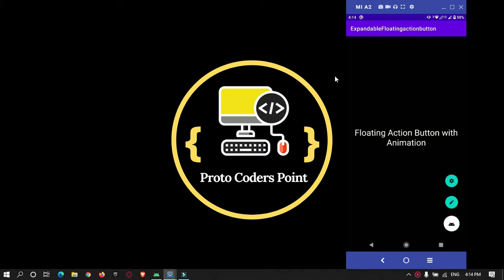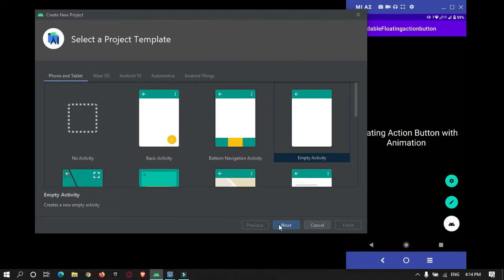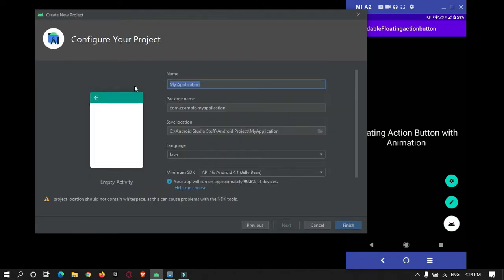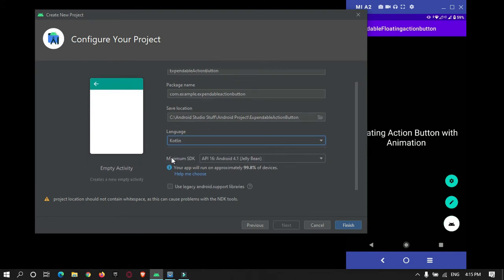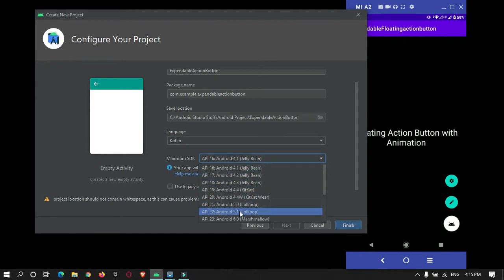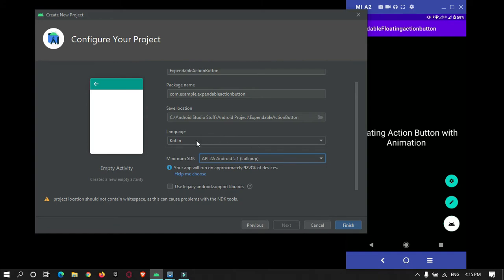Okay, so let's begin. First of all, we will create an Android project in Android Studio. In language, select Kotlin because the code I'm going to explain is in Kotlin. For minimum SDK, you can take 5.1.